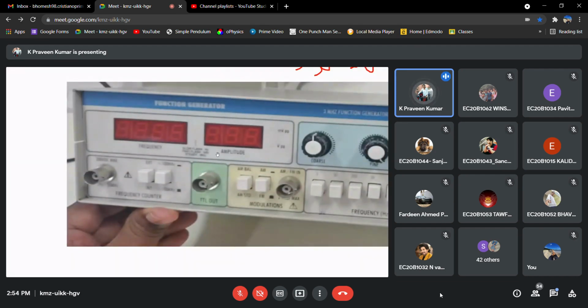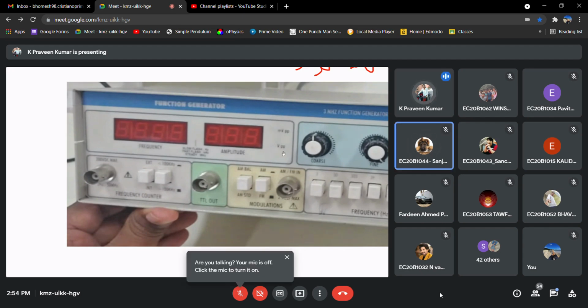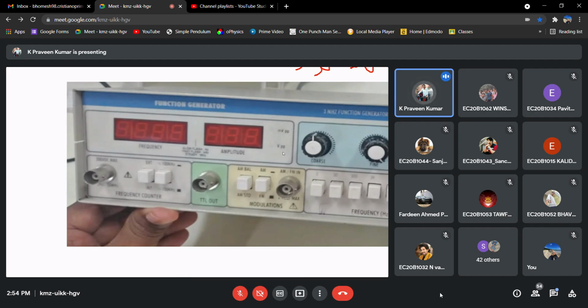So if you can see here, this amplitude, what it is indicating, either peak to peak or peak. Are you able to see this one? Peak to peak, sir. So that means if you vary that amplitude knob there, the magnitude what you are getting will be peak to peak. Say for example, if I am setting the signal strength, that amplitude as 10 volt, then that 10 volt is peak to peak, right? It's not like peak. So that we have to see in the function generator, right? It is not like all the function generators will give peak to peak, right? So that we have to see.